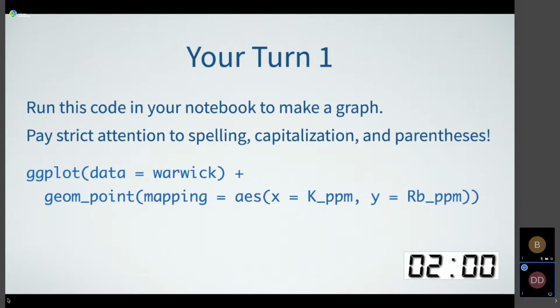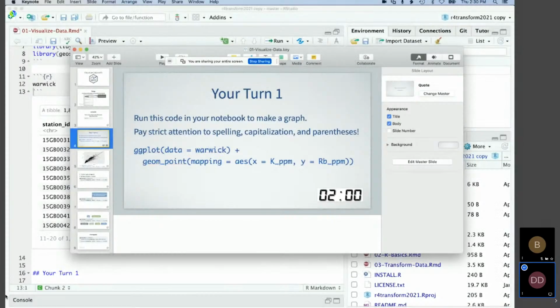Normally I'd wait for about 2 minutes, and for all these your turns, I would encourage you to hit pause and to take the time to do exactly what it says until you get stuck. And then you can hit play and watch me do it, or you can wait for the tutorial to be over today and then navigate to the repo, and it should have the solutions up there for you. So hopping out,